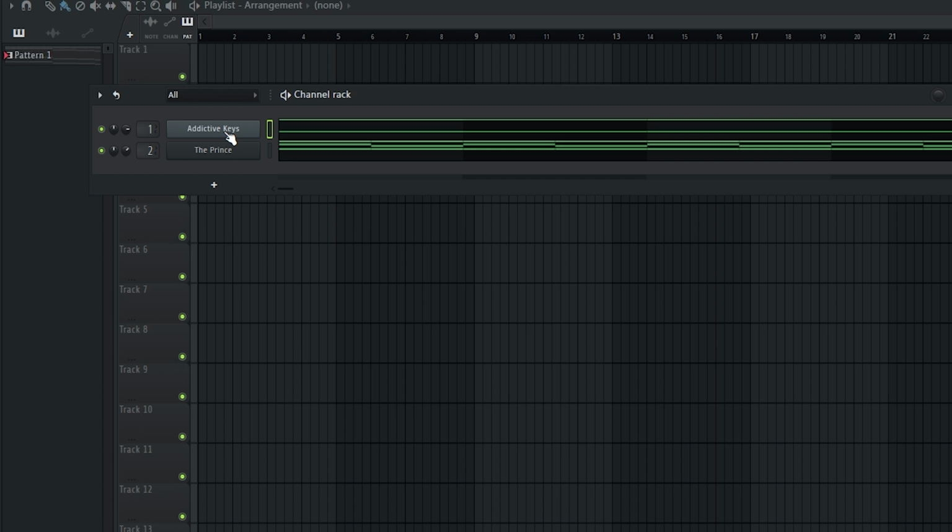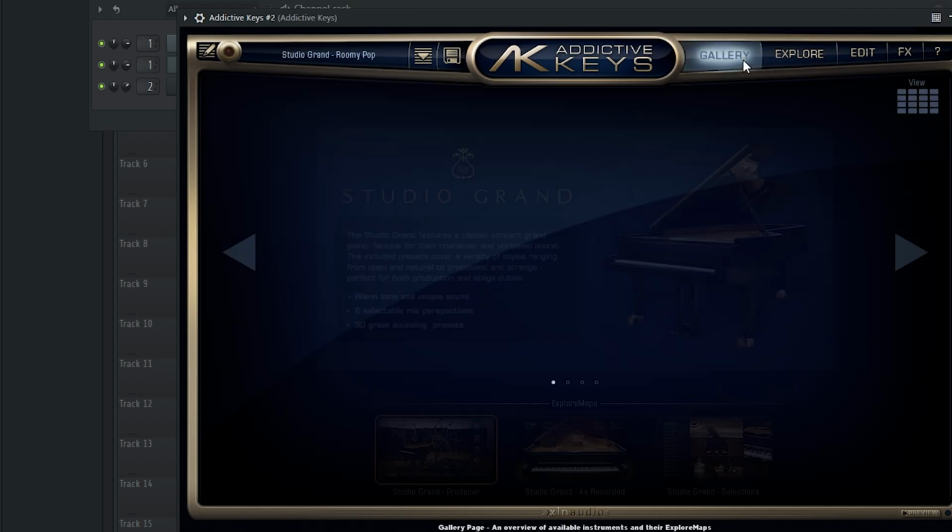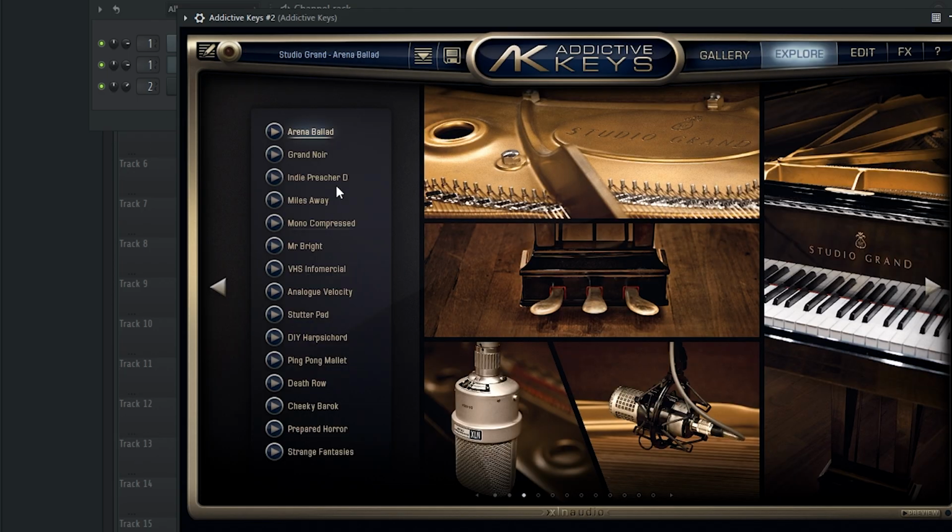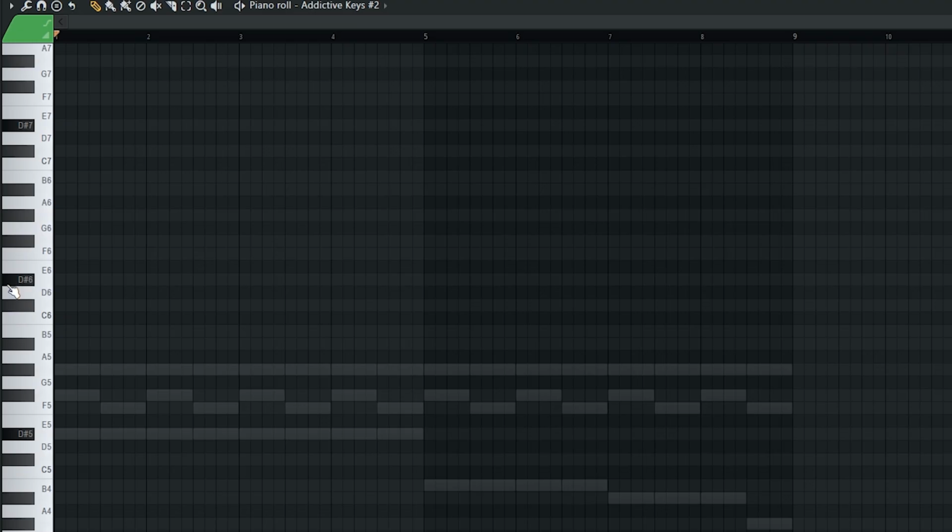a catchy, repetitive melody. So I'm going to clone this, and then with this, I'm going to go to the gallery, and then I'm going to use this preset called Miles Away. So using our scale, since we already have our scale highlighted, it's going to be easy to come up with melodies. So